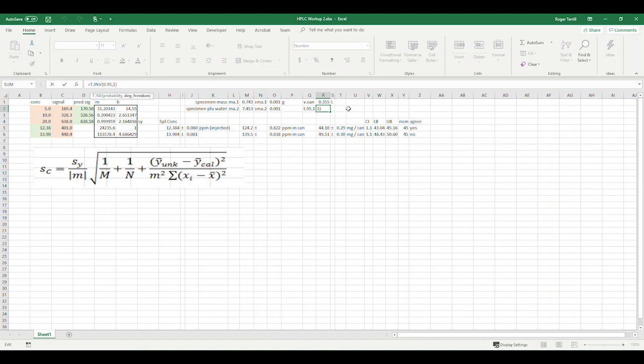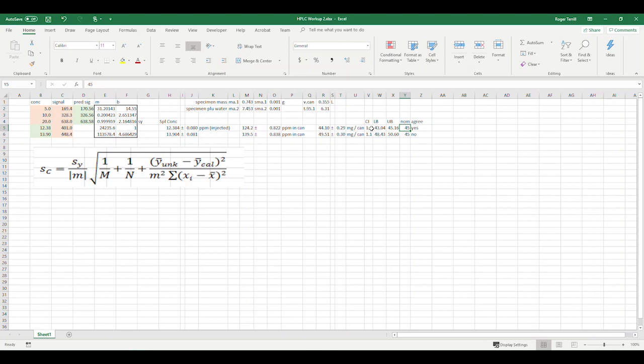So T.INV 0.95, 1 comes out to 6.31. And let's see here. So that is actually the CI here. Then the CI magnitude. The lower bound then is this minus this. The upper bound is this plus this, right? And then there's the nominal value,